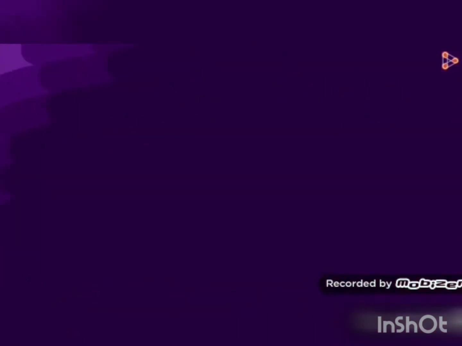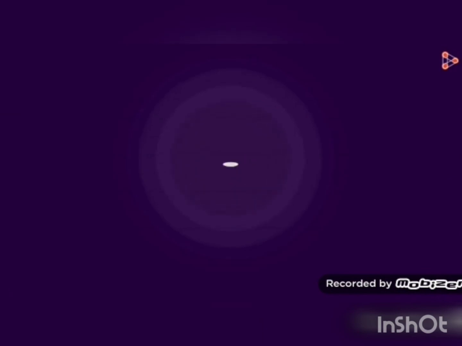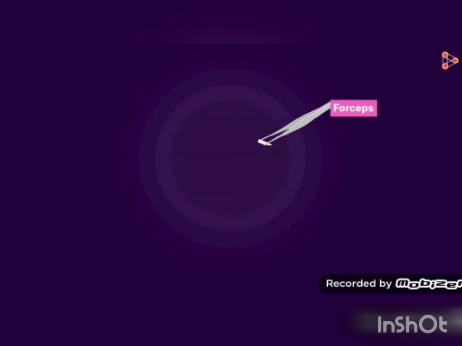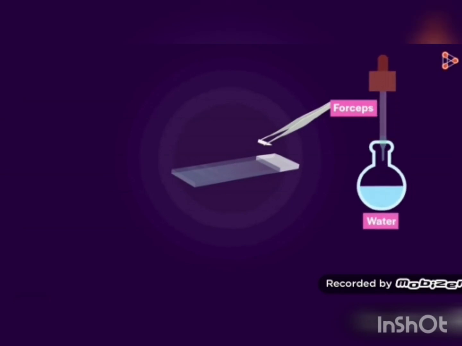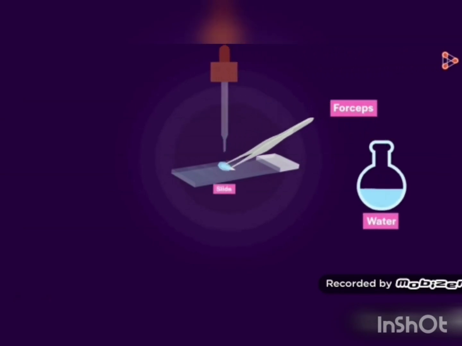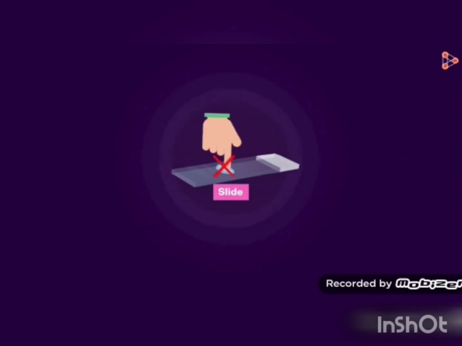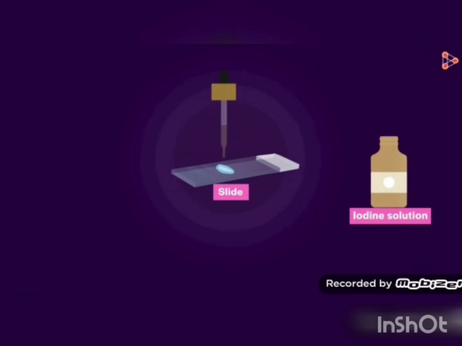Now that we're all set with the equipment needed, let's begin with the amazing experiment of observing the onion cells under the microscope. Firstly, we take the onion peel and with the help of the forceps, pull away the thin lining from the inner surface. Before placing this on the slide, we first add a drop of water, then place the onion peel on it. We are not supposed to touch the peel and even the slide with our fingers. Next, we add 2 drops of dilute iodine solution.